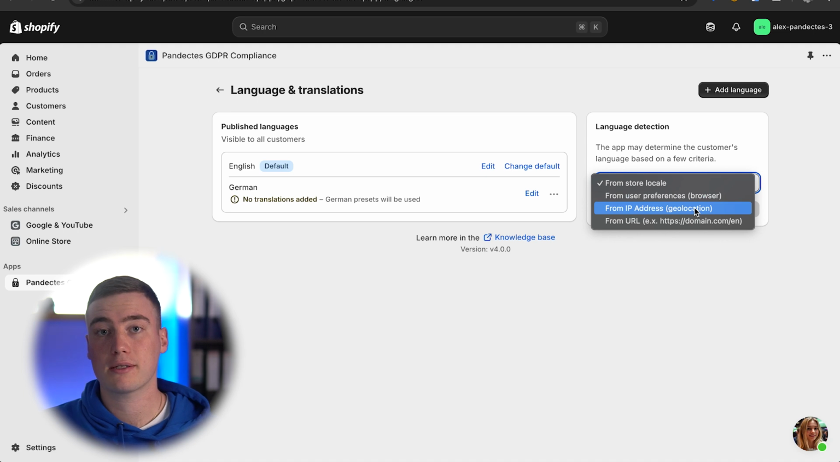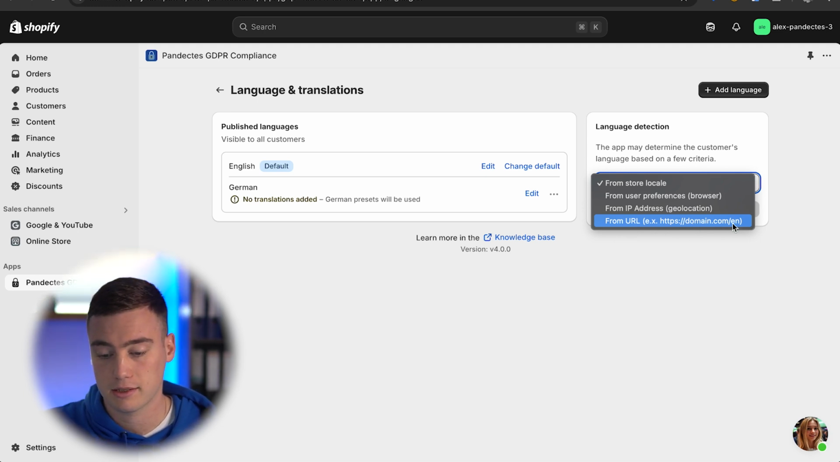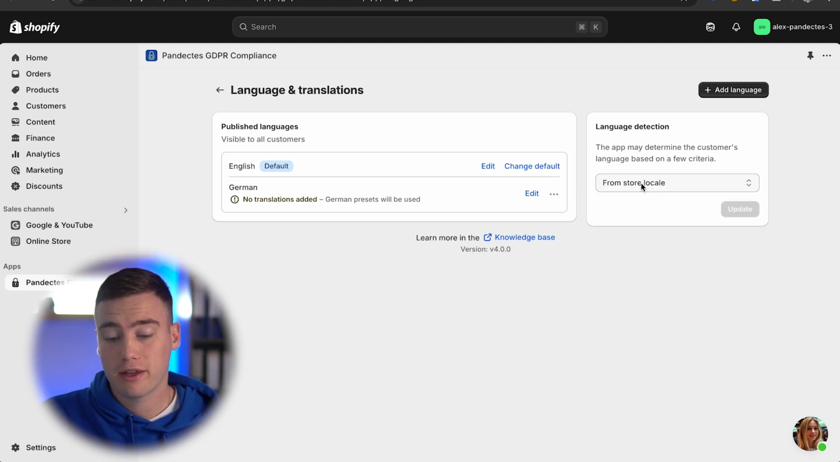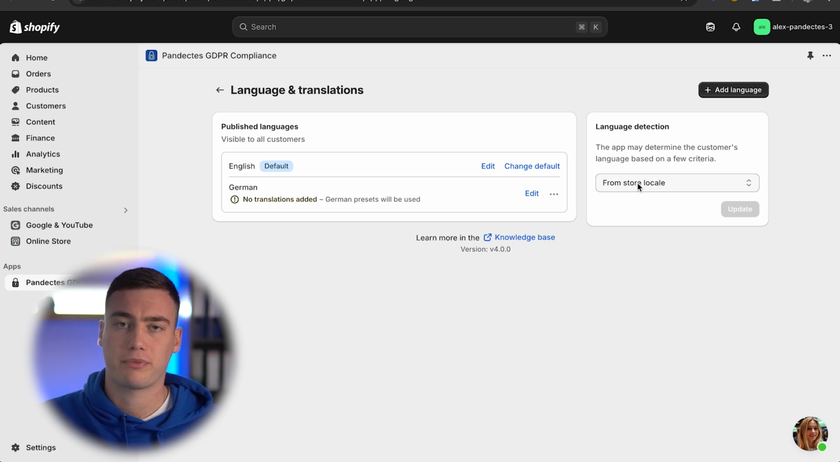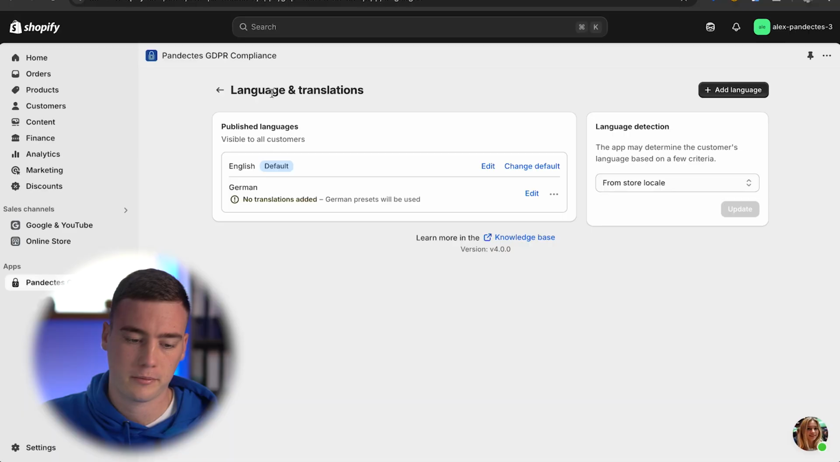From the IP address, same thing, you can choose it from here. Or finally from the URL, if your domain follows this exact configuration. I will choose the Store Locale option, as it is the most popular and convenient one, in my opinion. And that's really it. Now you have a multilingual cookie banner and visitors will see it in their own language